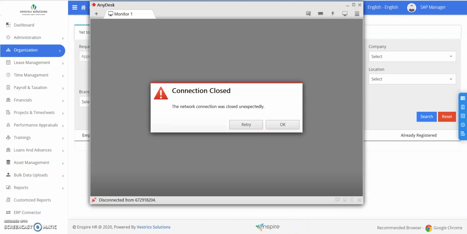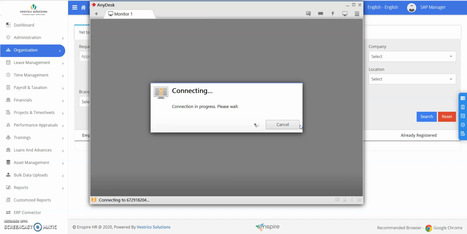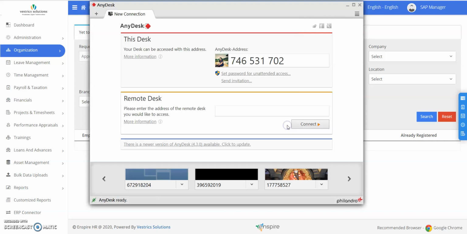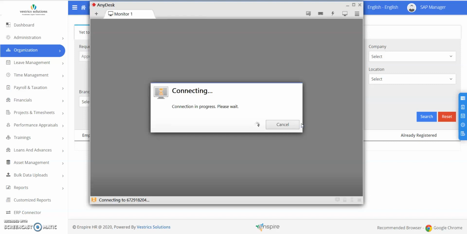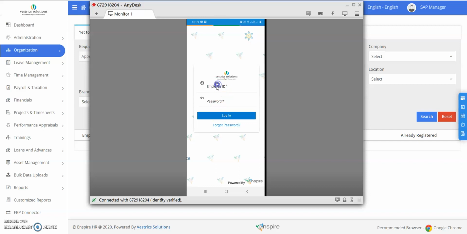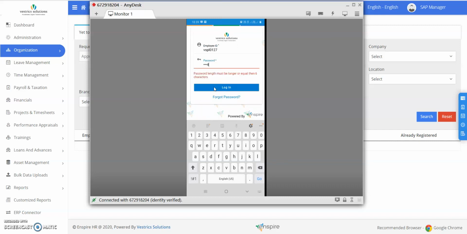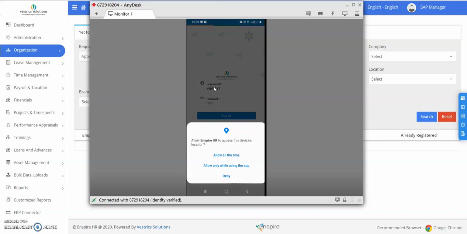Here I am connecting one mobile device. Log into the mobile device.